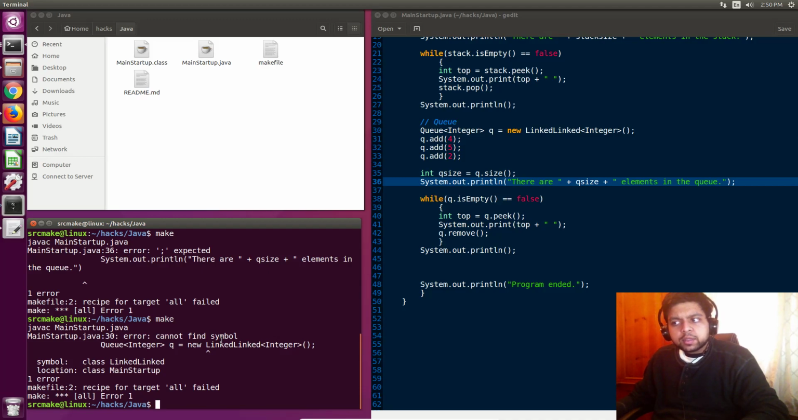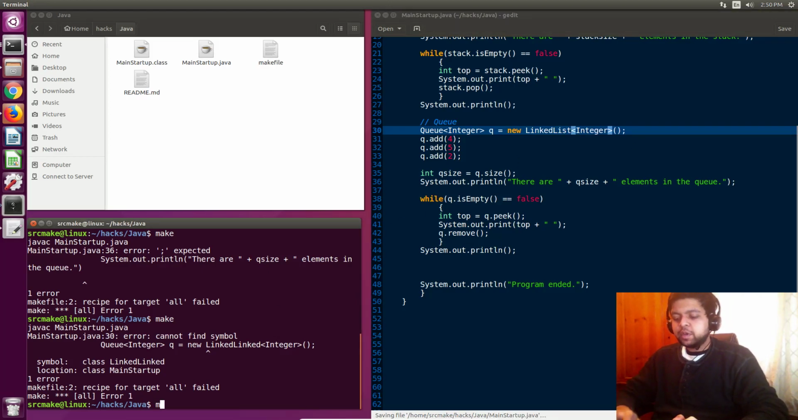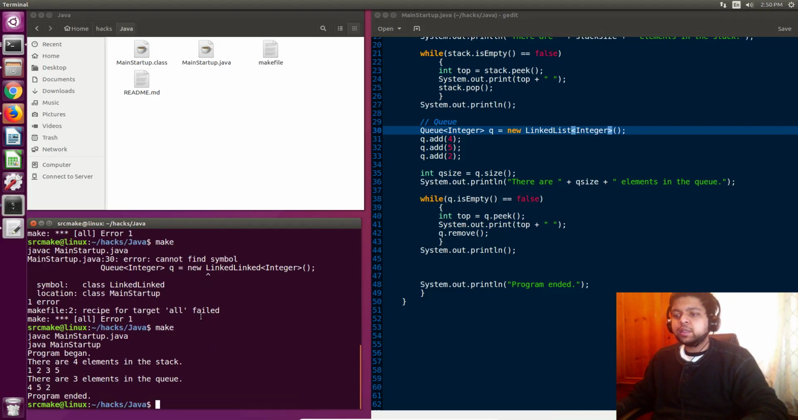Error: cannot find symbol LinkedList. Did I mess that up? Oh, I typed "linked." It's supposed to be a LinkedList. Sorry. If you don't know what a linked list is, it's basically the other type of data structure besides arrays,